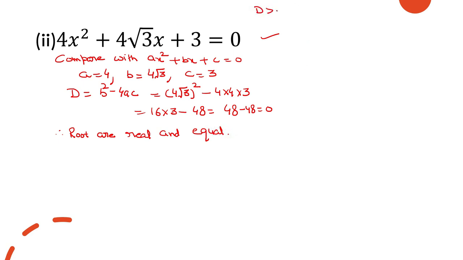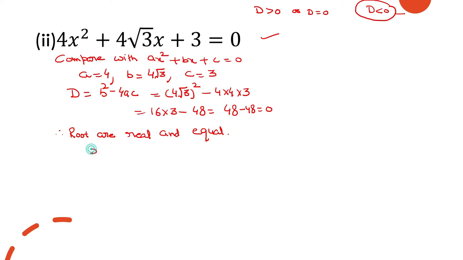Students, remember one thing, आप आगे क्वेश्चन तभी करोगे अगर आपका d पॉजिटिव आए या 0 आए. अगर कभी भी आपका डिस्क्रिमिनेंट less than 0 आया, then no real roots, then you will not apply the quadratic formula. Quadratic formula is applied only when discriminant is greater than 0 or equal to 0. In case of discriminant is less than 0, you will not apply quadratic formula. So here discriminant is 0.